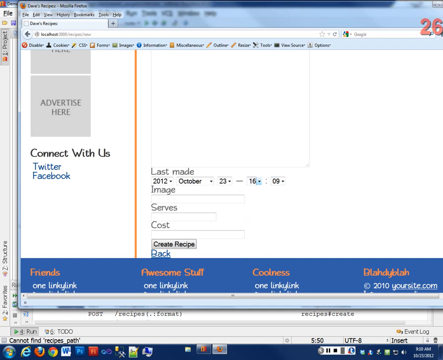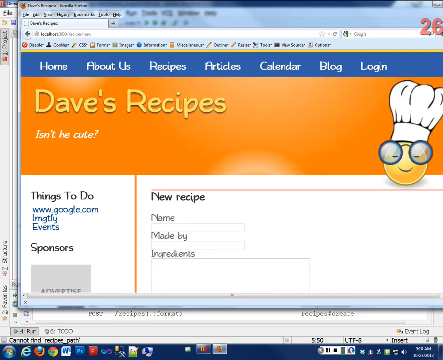Then the image was what type of field? It's a string, so I'm going to put a URL in here. What is this one? Serves. It's an integer, okay? And cost has a decimal in here. So I can start to fill this out. I can put Dave's ribs, made by Dave, pork,